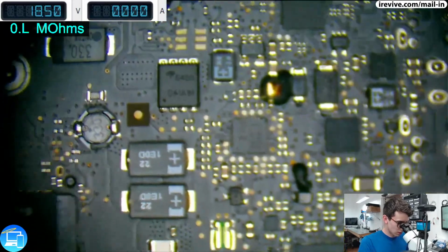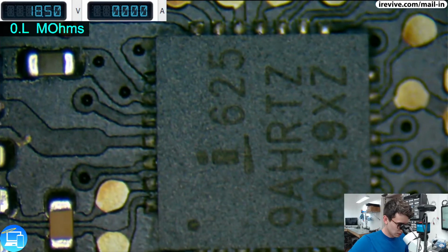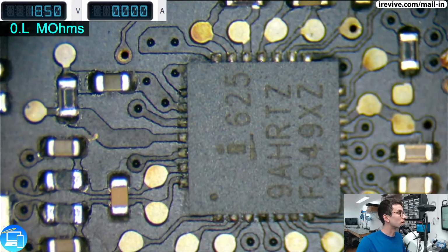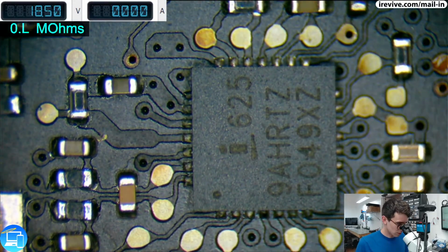So here is our ISL, and let's get this in focus. And let's make sure that it's focused over here. It looks much clearer than I have done in previous streams. And we can see our capacitor right here,